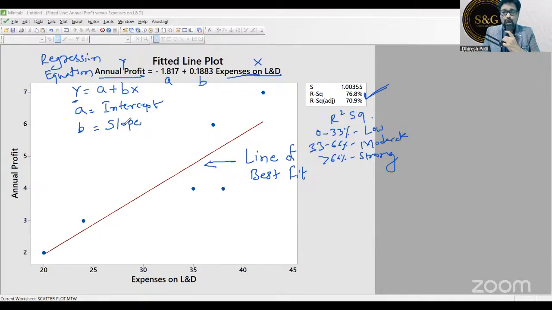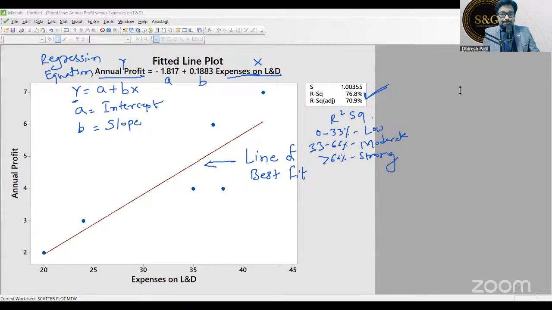Okay, I'll explain, but just try to understand it. This is called the regression equation, which is y is equal to a plus bx. You can write it as y is equal to mx plus c as well. Both are the same thing. In y is equal to a plus bx, y is output, x is input. We all know. What is a? A is intercept. What is intercept? Try to understand this.